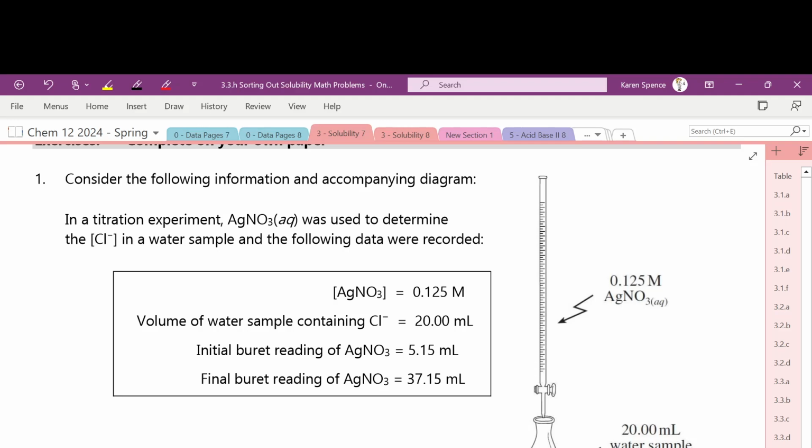Okay, so it's a titration. The thing we need to do is the regular process of doing that. Okay. So you have